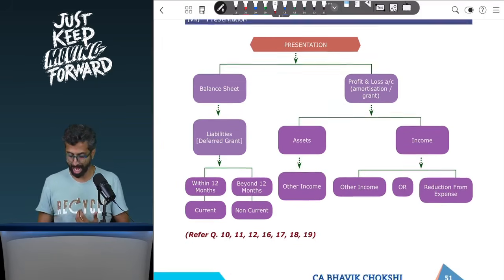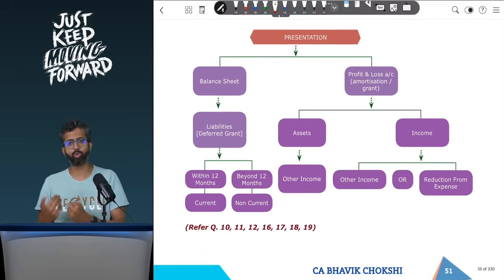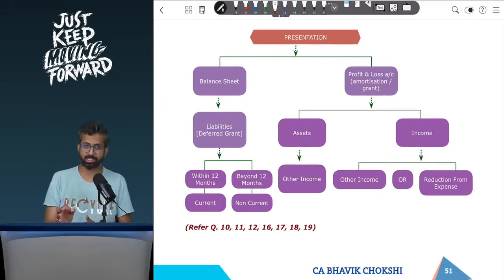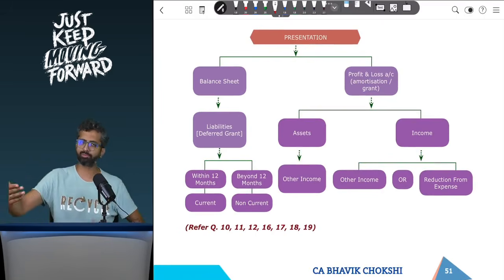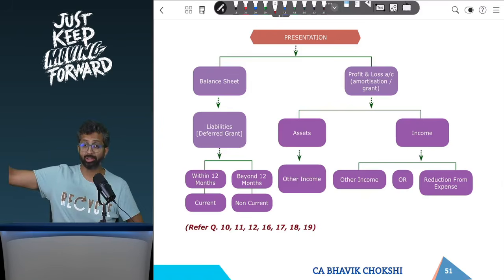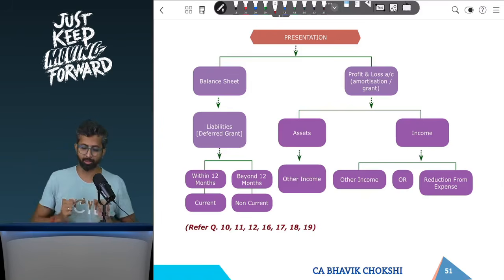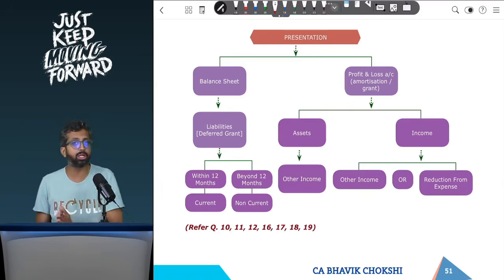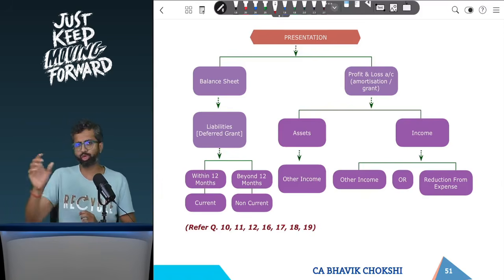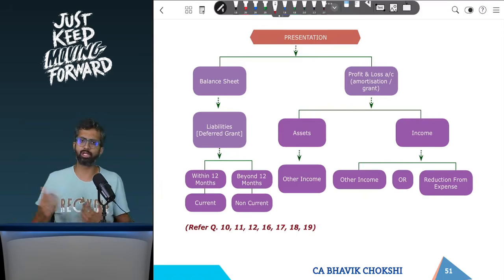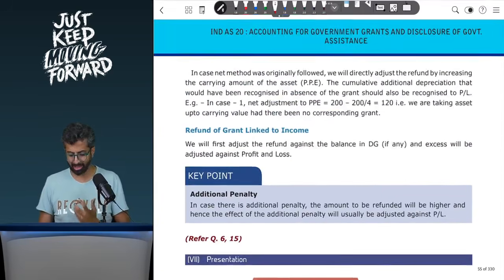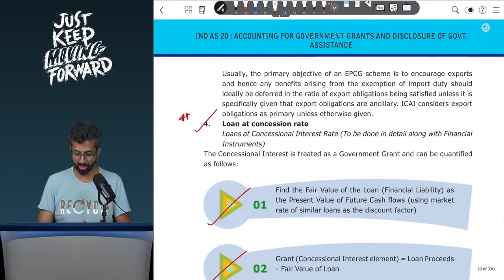When we look at the amortization of the grant, usually if it is a grant linked to assets and there is amortization of the deferred grant, it will be shown along with other income. It cannot be netted off from depreciation. However, if it is a grant linked to income, you have been permitted to either show it as other income or net it off from the expenses and show the expenses net. So this kind of takes care of the broad theory when it comes to Ind AS 20 pertaining to government